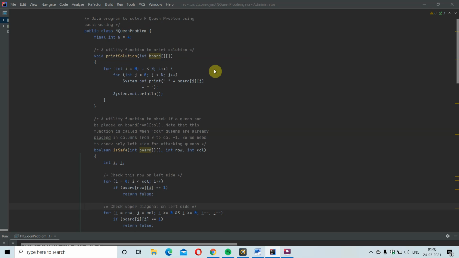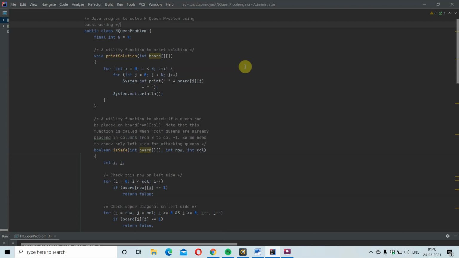Here I have declared a public class NQueenProblem, and I have declared integer n equal to 4, declared as final. Then I have declared a function void printSolution, to make a board like a chessboard.